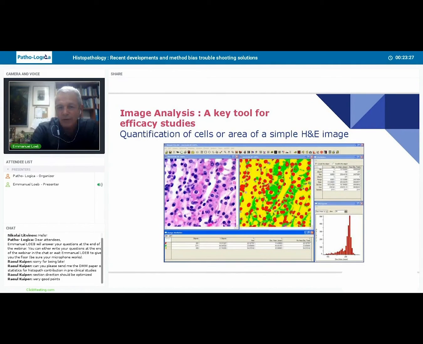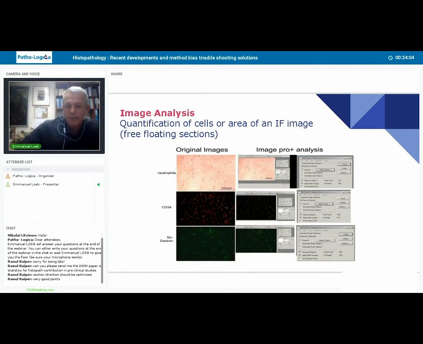A good image analyzer can make wonderful things. Here, just a very simple H&E slide. And when we wanted to count the nuclei, the image analyzer gave us some background changes by manipulations of the picture without avoiding any details. But on the contrary, you see the nuclei in red, and this is very easy for the machines to